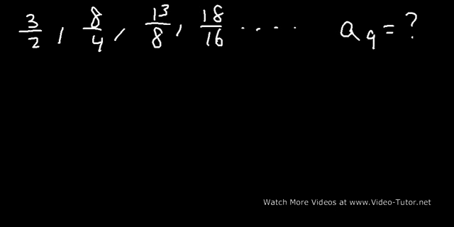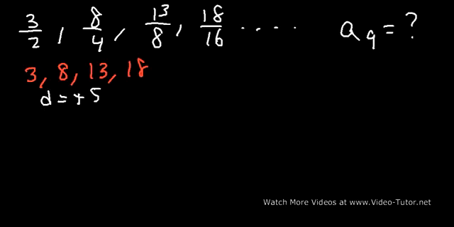So when you have a fraction, separate the numerator from the denominator. Notice that the numerator is an arithmetic sequence. The common difference is 5. 3 plus 5 is 8, 8 plus 5 is 13, 13 plus 5 is 18. So you want to write an equation just using